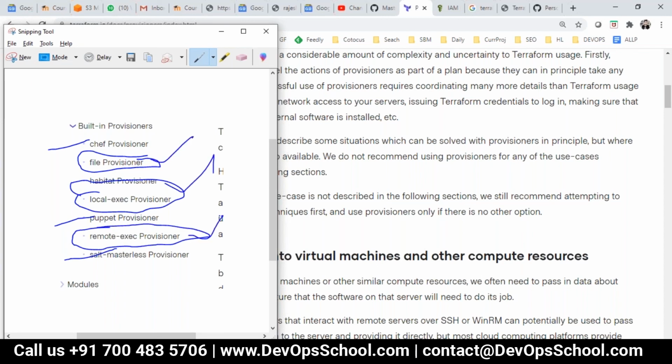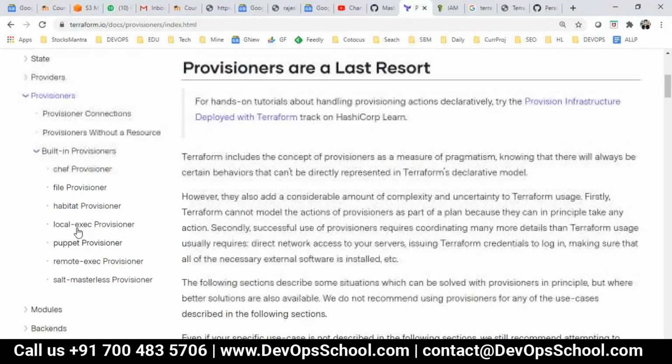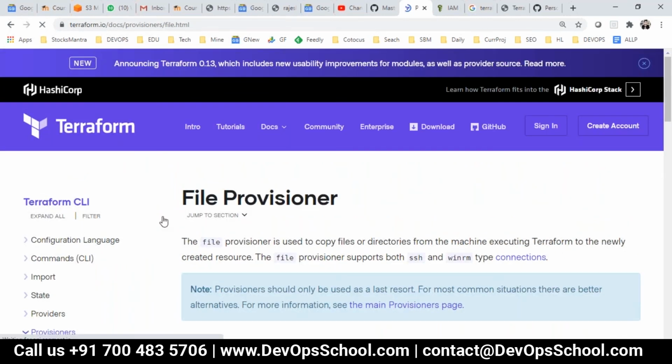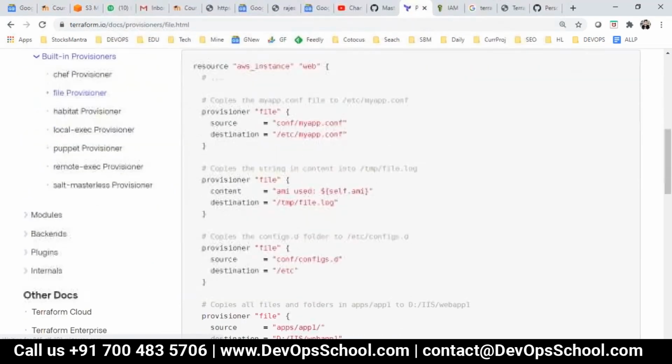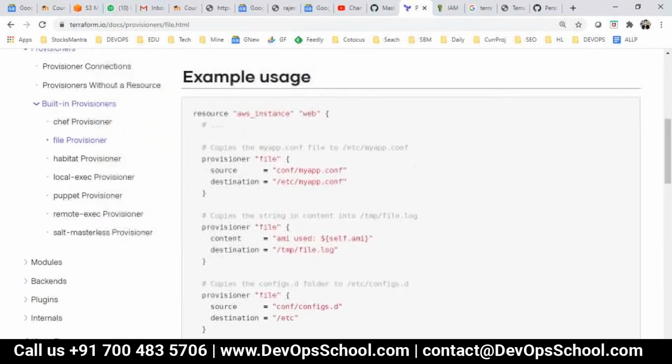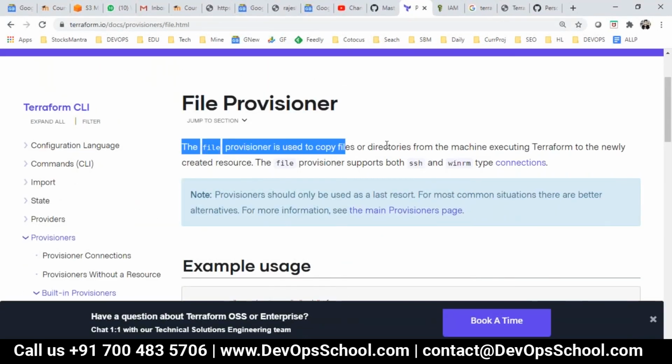It's very important. Look at this file provisioner. Look at this example program. You'll understand very easily. First read this statement.